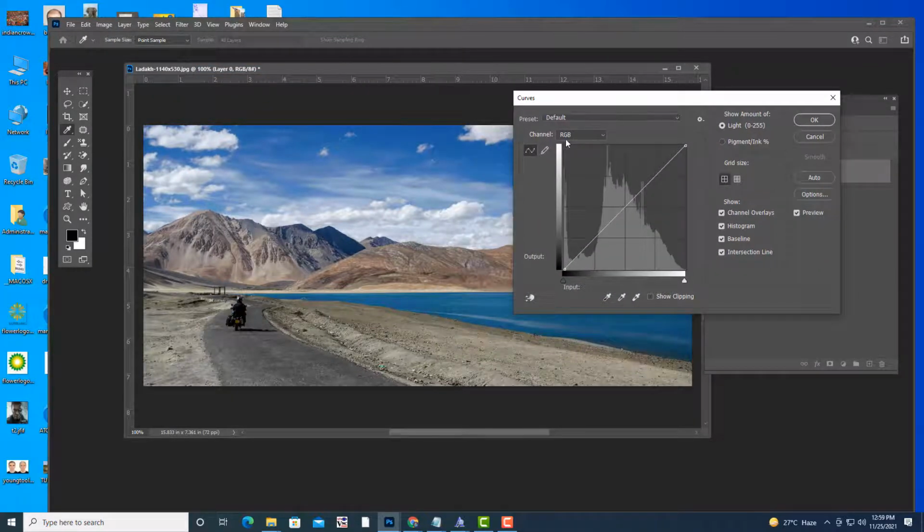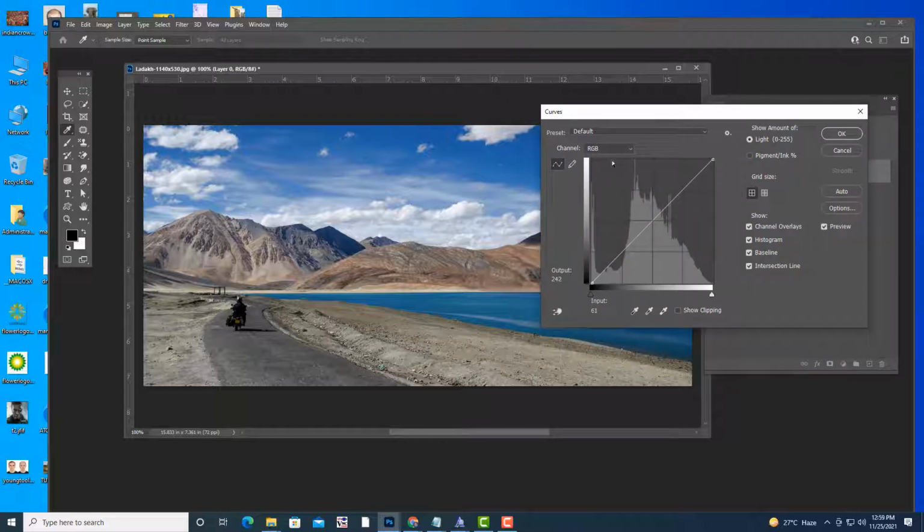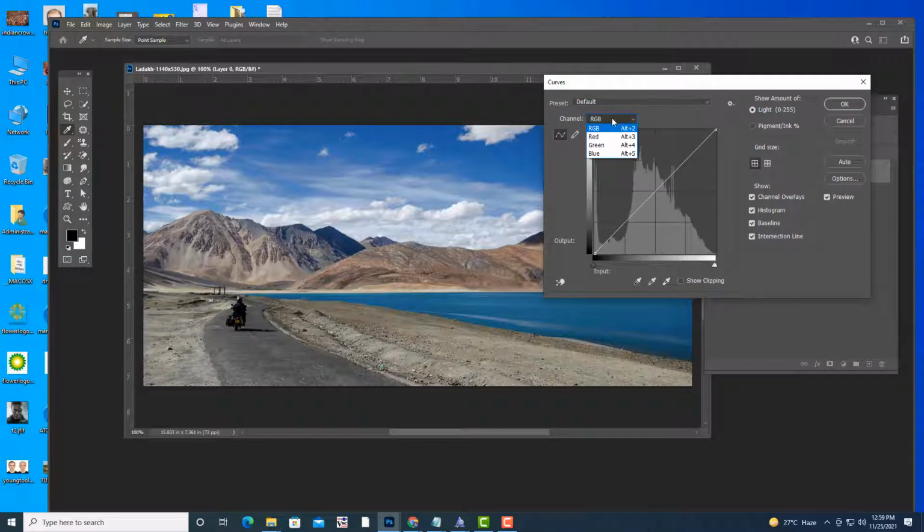See, here we have an option, RGB. Red, green, blue. If you control RGB, you are actually controlling the brightness and contrast. But if you want to apply a separate color, if you want to make this image reddish, select red and try to make it.